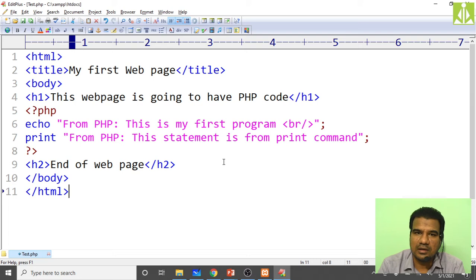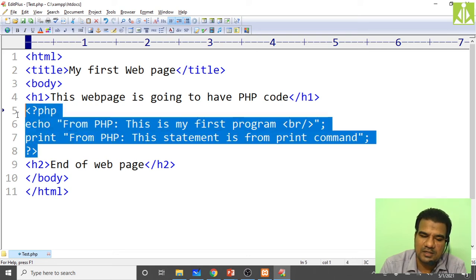No .html as you do regularly, because whenever you are writing the HTML code, you save the file with .html, isn't it? Here it is not like that. If your HTML file is having the PHP code, embedded PHP code, you need to save your file with .php extension only. That is what we have done just now, we saved our file with .php only.